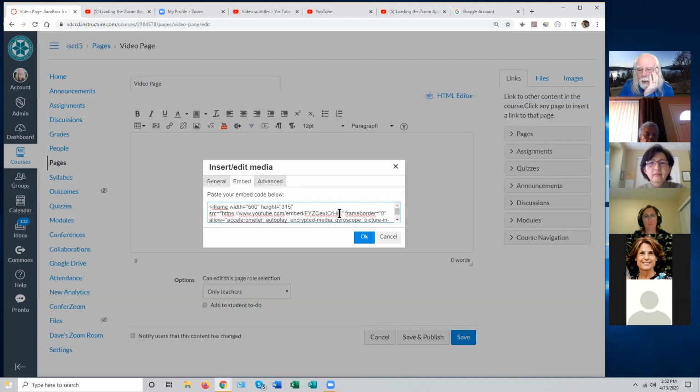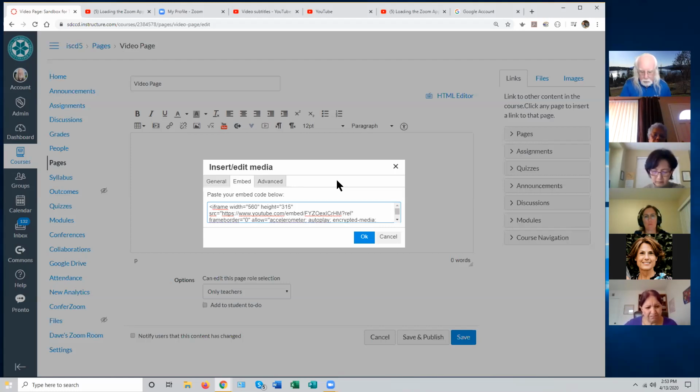And if you follow it on down, you'll see that there's a quotation mark right at the end. And then some other code continues. It starts frame border and so on. These are just instructions to Canvas on how to display this that you don't need to worry about. But it's really cool to be able to go right to the end of this URL here and type a question mark, the lowercase letters R-E-L, an equal sign, and a 0. And I've got a tutorial for this. This is something you can't do if you don't use the embed code. Now if I click OK,